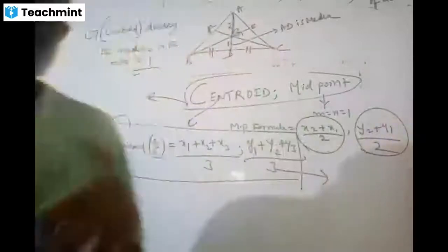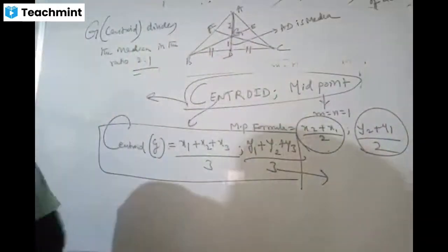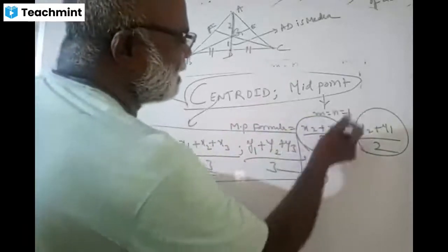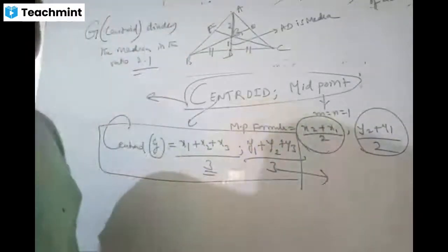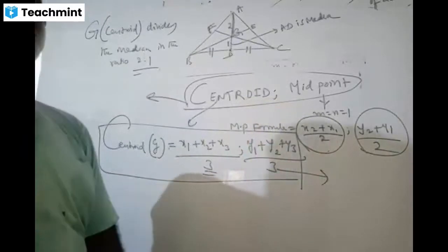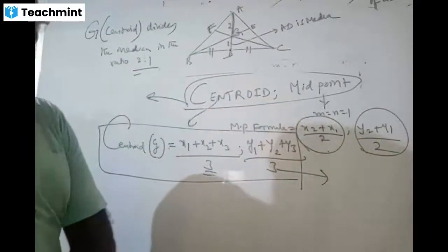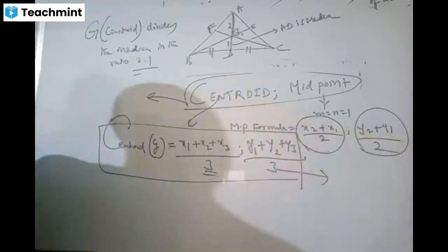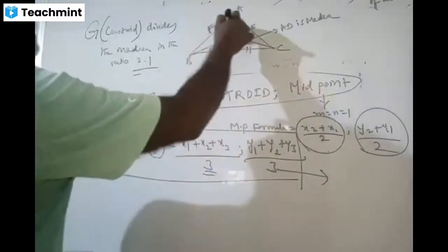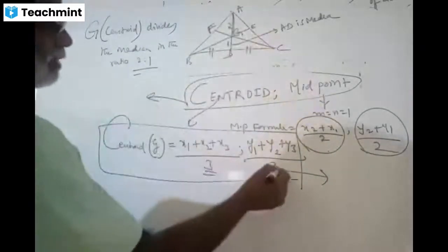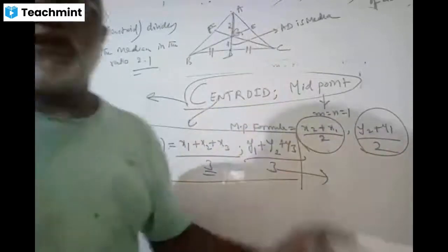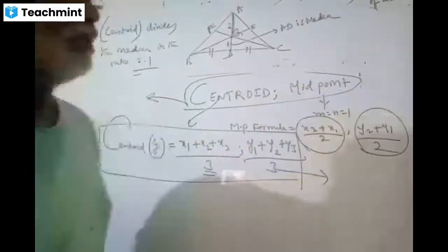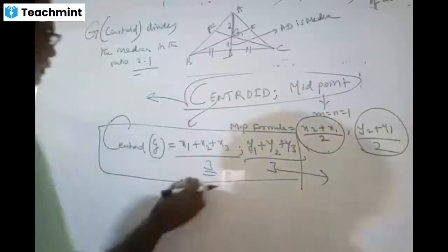2:1. That ratio, 2 plus 1, m plus n, is called 3. Why? Look at this. Here m equal to 1, n equal to 1, m plus n is 2. So friends, the ratio 1:2 is there, 2 plus 1 is 3. It's a brilliant one, centroid. So this is another story. Centroid is done.